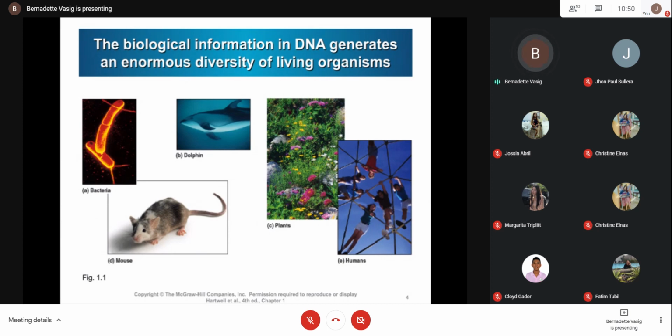The difference in the biological information in DNA is responsible for the enormous diversity of living organisms. But despite being different in their DNA sequence, there is a common ground